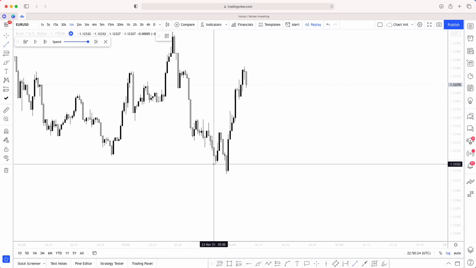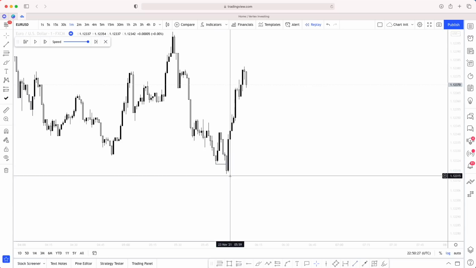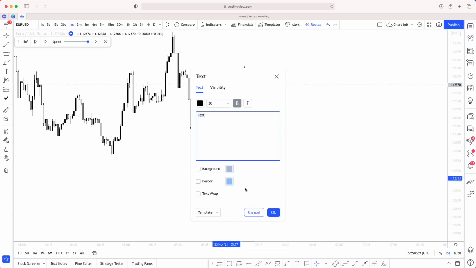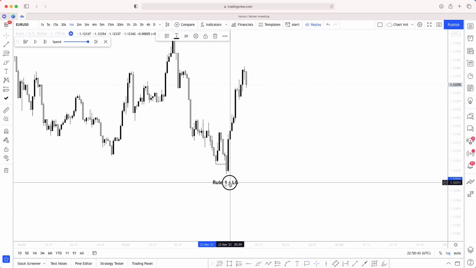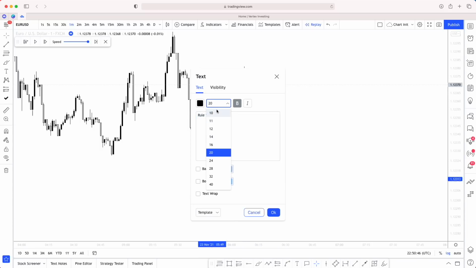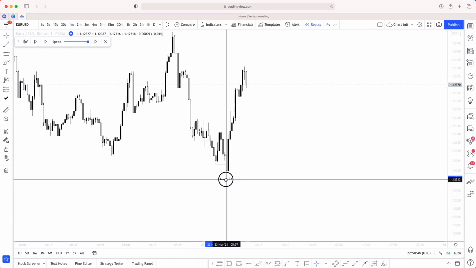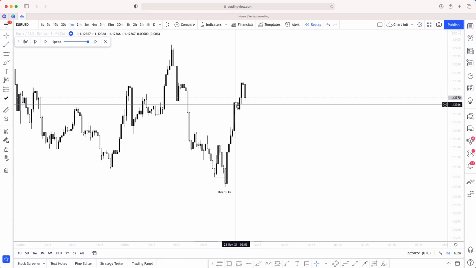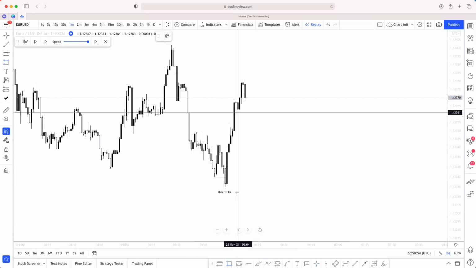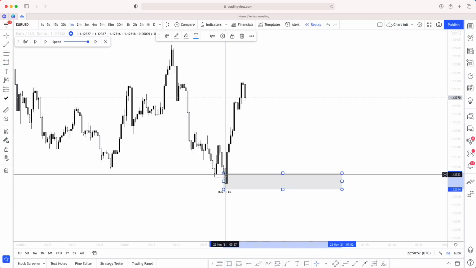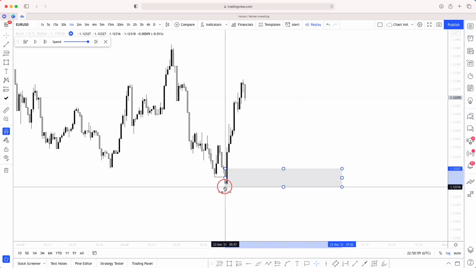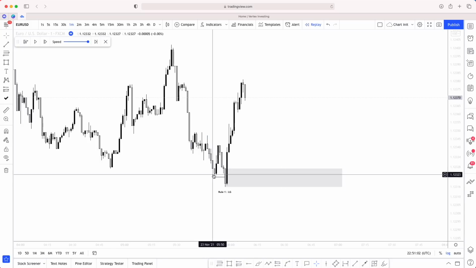So we have rule number 1, which is our liquidity grab, which is here. Rule 1 is, I'm going to say LG, oh, not LQ. LG, which is our liquidity grab. Let's make that a bit smaller. There we go. I think depending on how clear this turns out, I could probably post screenshots of this, or you guys can take screenshots of this video. Okay, so we have rule 1, our liquidity grab.